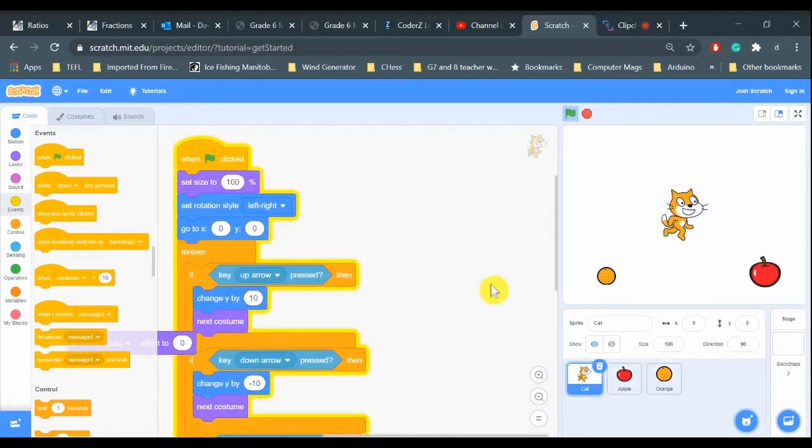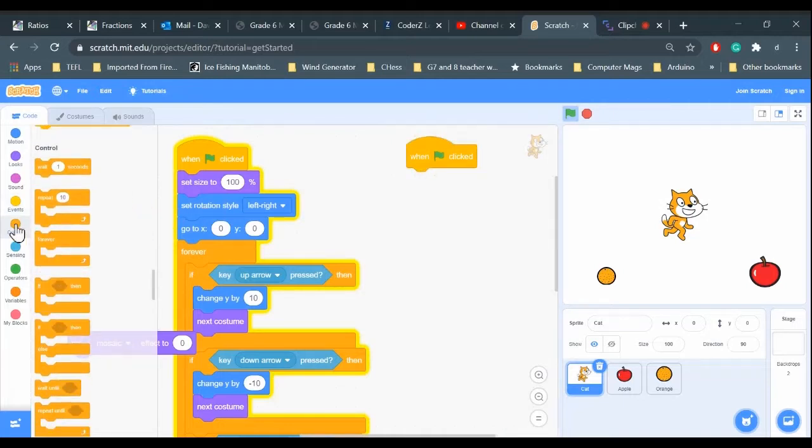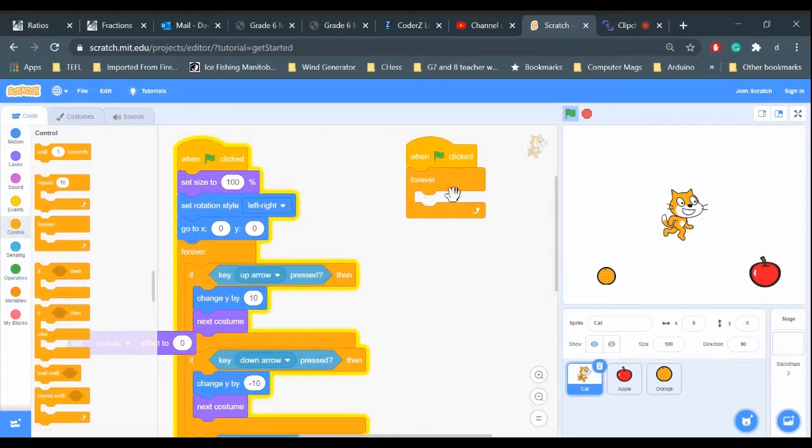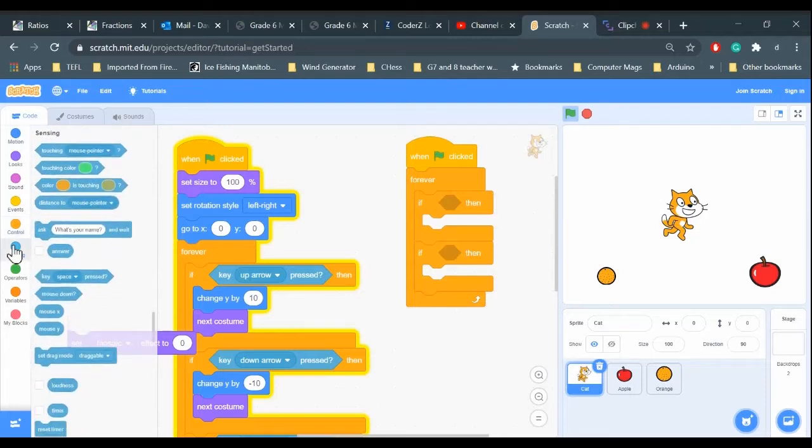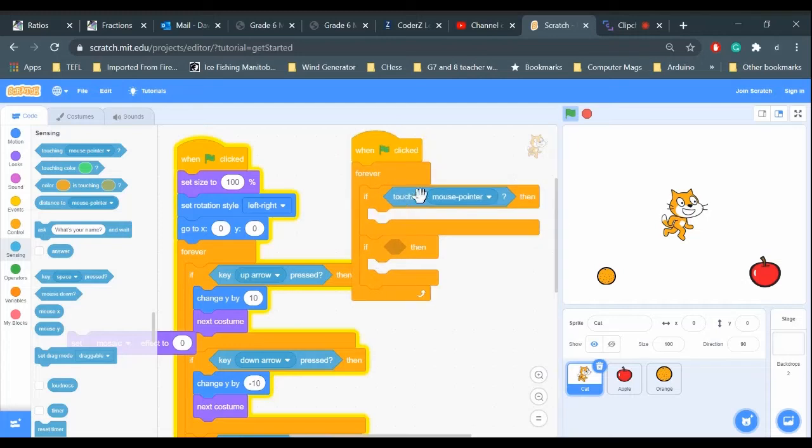So let's go into the cat and see, so we can detect when it touches the apple. So when the green flag clicks, I'm going to need a forever loop. Forever in the game, I'm checking to see whether it touches the apple or the orange. So I need a couple of if-then statements, one for the apple and one for the orange. So for sensing, we need to sense whether it's touching another sprite. So if the cat is touching the apple,